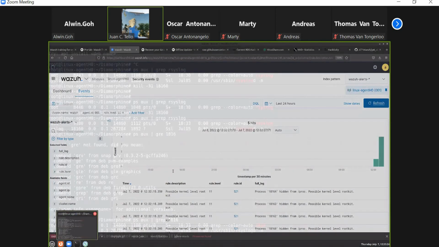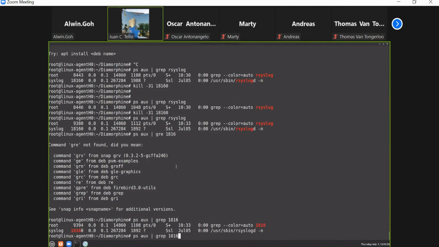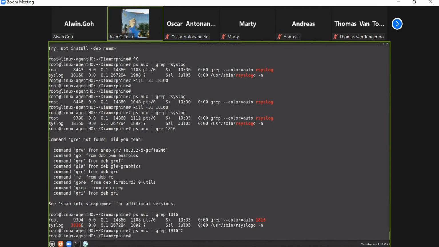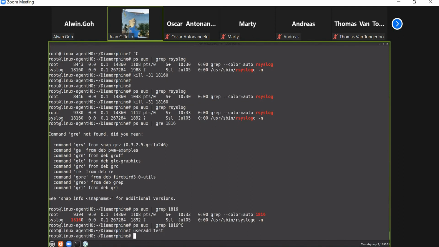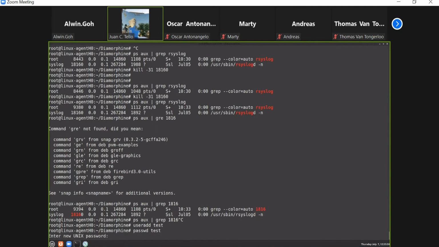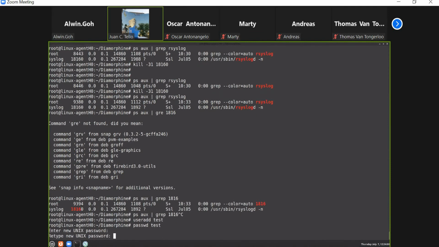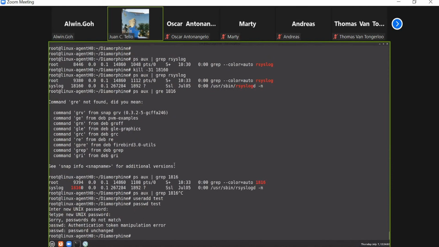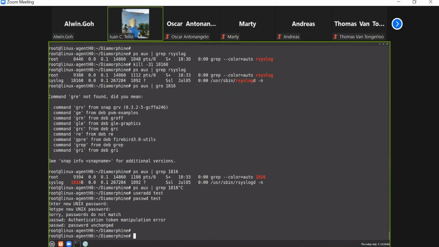Okay, cool things about rootkits. I always like to show these. So if I were to add in a new user, adduser, I forget which is the one that asks for a password, I believe it's this one. And let's call him test. No, it was the other one. Anyways, let's change the password for test. No, that's a predictable password. Let's give it our own strong password, better yet. So